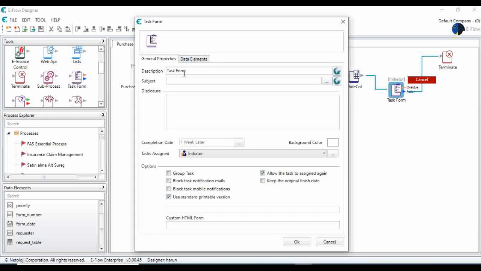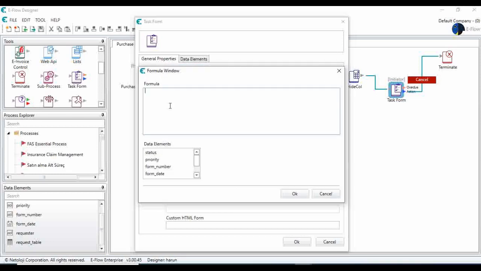So let's go and let's make the description like purchase order form, and the subject can be, I can use the formulas, purchase order number,